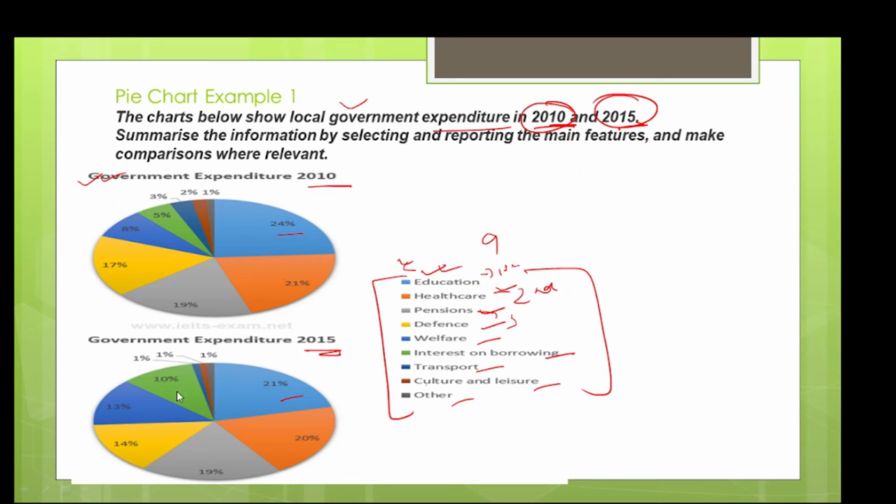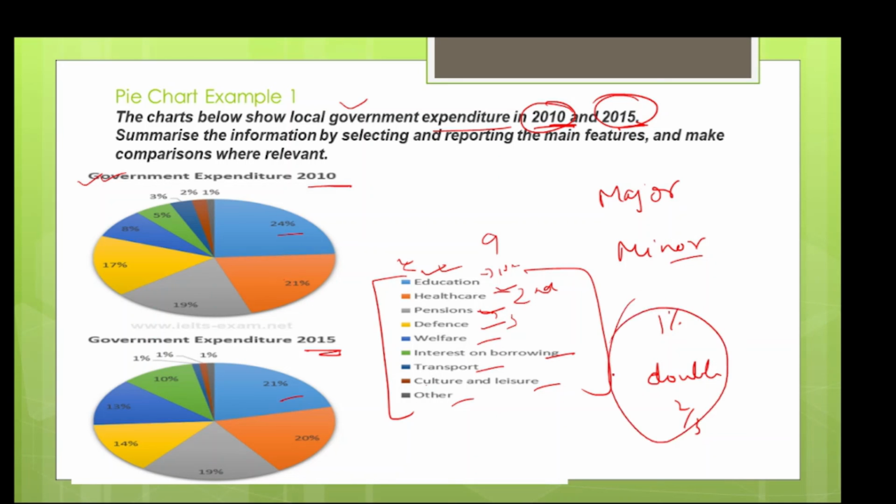So seeing this sample answer, what we can take as an idea is, first, we have mentioned what the majors are and what the minors are. Secondly, what we have noticed, what is the difference? Whether it's decreasing by 1%, whether it's increasing, doubled, it's 2/3. This we have included as information. So these types of information we include in the pie chart. This is how a pie chart needs to be written.